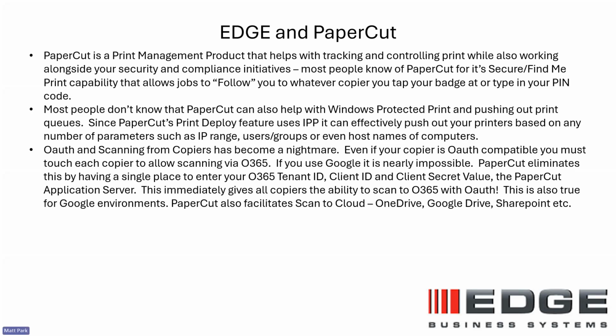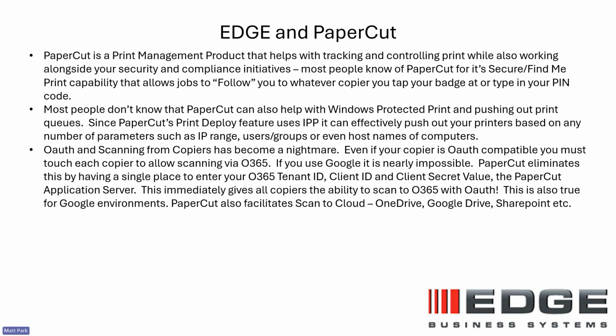The other big thing, like I alluded to, is that OAuth has become a big deal right now with scan to email. It's causing a lot of scan to email to break. And this is where PaperCut comes into play, both with the PaperCut MF product and with their cloud product, which is called PaperCut Hive. The challenge with OAuth and O365 is that you have to go to every copier that you have, and put the tenant ID, the client ID, and the client secret value in every single copier. If I have 1 copier, not a big deal. If I have 2 copiers, maybe still not a big deal, but as I get into 3, 4, 5, and more copiers,